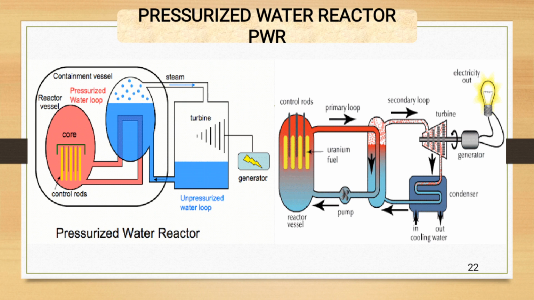The fuel elements heat up the water in the primary loop, which gives its heat to the secondary loop by convection. The water in the secondary loop is transformed into steam. This steam goes to the turbine, and the turbine uses its rotational energy to produce electricity with the help of generators. And this is the process diagram that shows the flow of water.